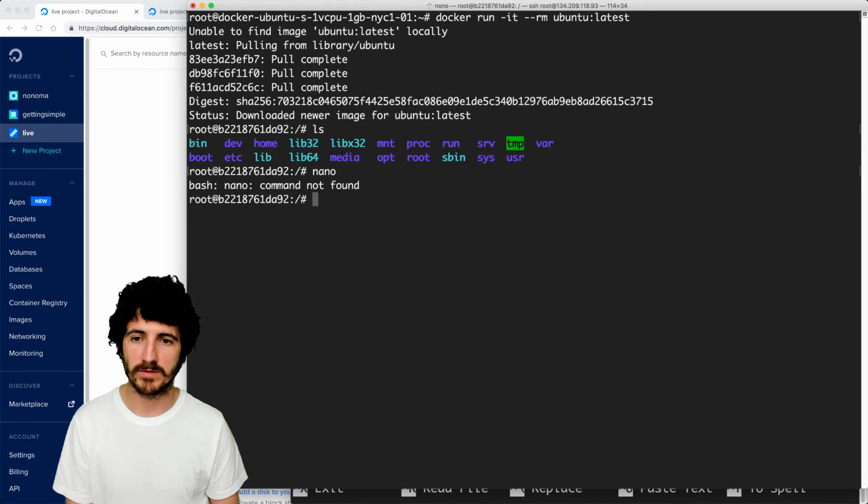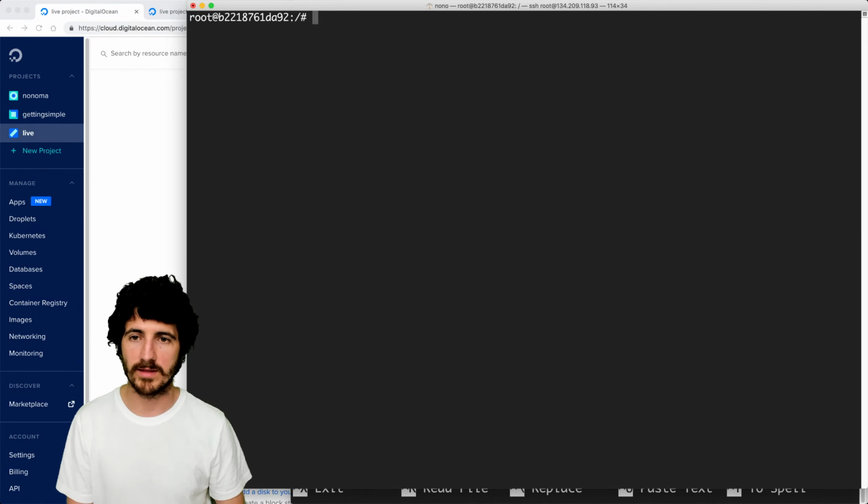Nano might not be installed here, so we could install things, and that might serve to verify. So Nano is not found in this container, but if I exit the container, you can see that Nano is indeed on the Docker host machine, and we're going to destroy this one as well.